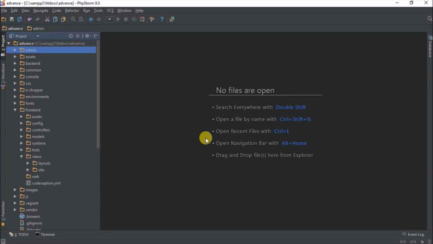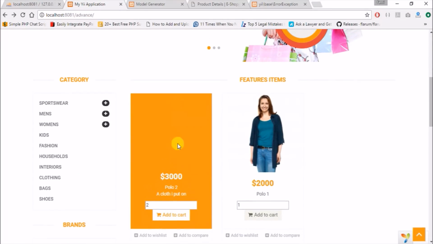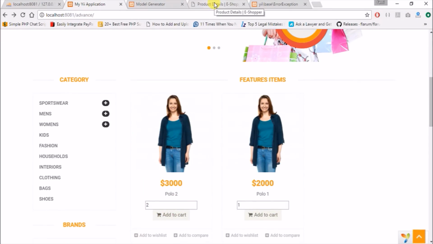Hi friends, in this tutorial I'll be showing how to view your product details. We want to view the detail of each product that we have on our website. So for instance,